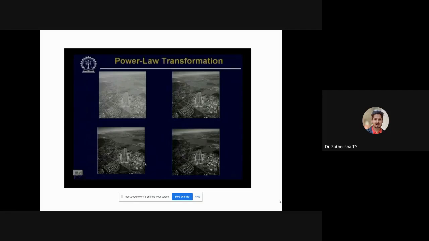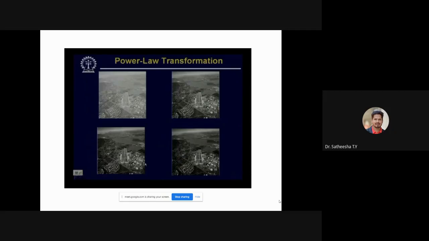As we increase the value of gamma, the image becomes darker and darker, which is obvious from the power law transformation function plot that we have already shown. This is another kind of processing operation; the power law transformation can be used to enhance some features of the input image.